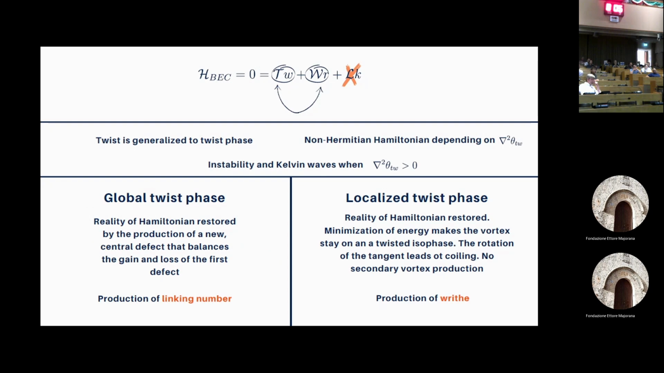Now, in this case, since helicity must be 0, there is no production of linking number. There is production of writhe that compensates twist. Because, you know, helicity is given by three quantities: linking number, twist, and writhe. But we don't know a priori what kind of character